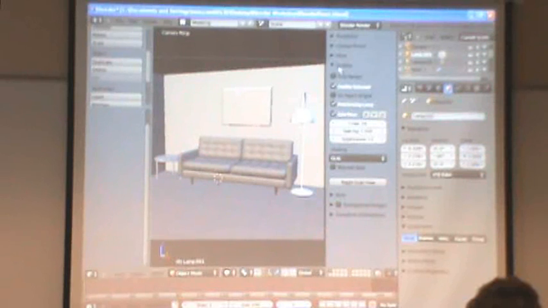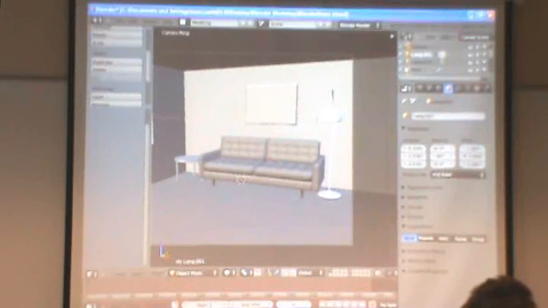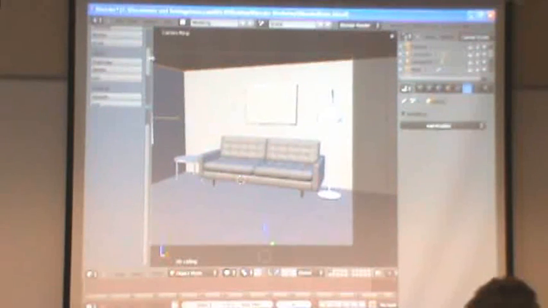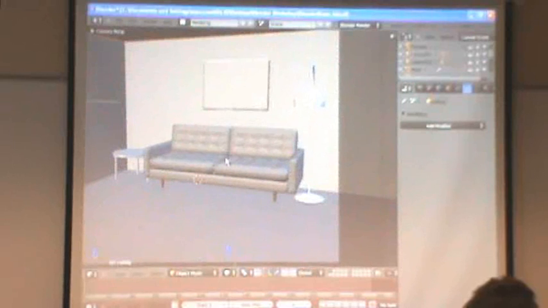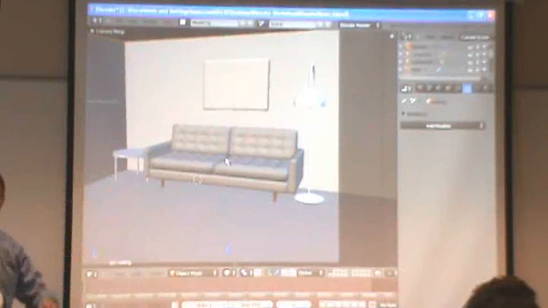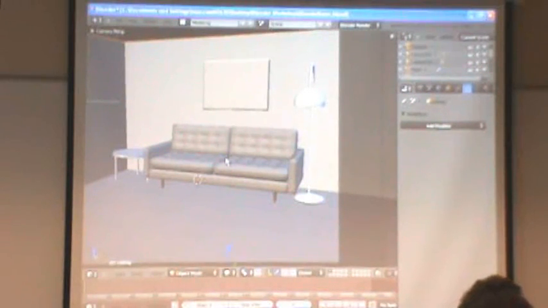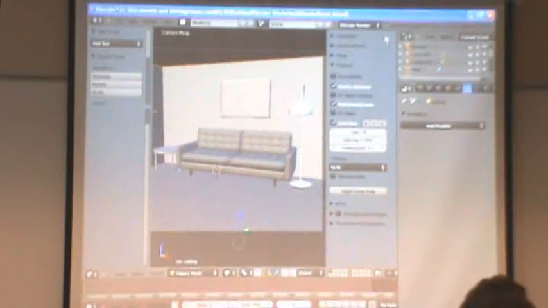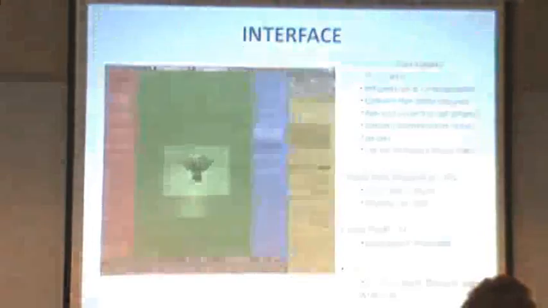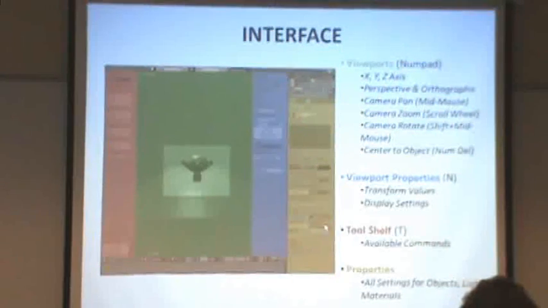So this is the new basic interface. Now you don't need all this stuff on all the time. Like I said, you can collapse any of these panels in the main viewport. You get a lot more real estate. More advanced users probably will just get rid of that stuff and use the keyboard shortcuts that are really easy to remember. But like I said, if you do like visual feedback and want to click buttons, that stuff is available for you. That's basic interface stuff. We will be referring back to this